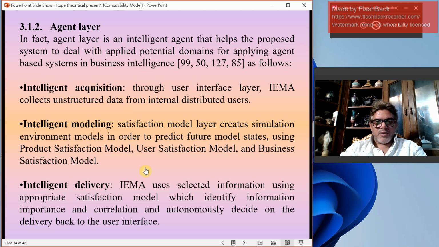The modeling will talk about, of course, process satisfaction: the model uses the satisfaction model layer to create simulation environment models in order to predict future model status using these three satisfaction models. Intelligent delivery uses select